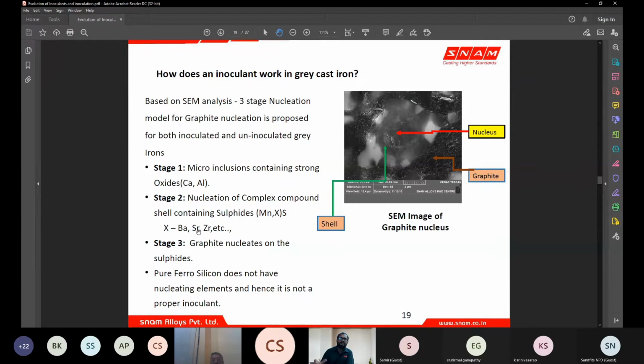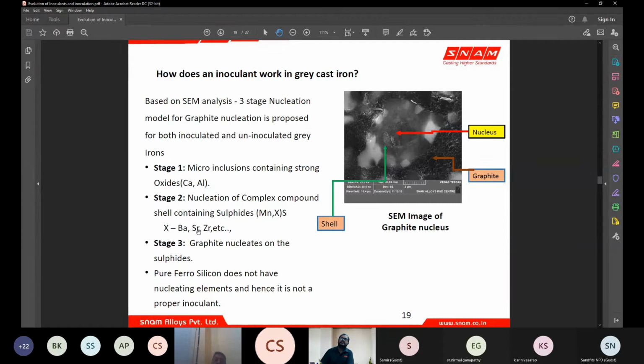This X depends on the requirements of the casting. It varies with casting to casting. Say this X, in a thin section, the requirement will be different. In a thick section, it will be a different requirement. And there are junctions where thin and thick sections meet, where hot spots come into picture. There it will be a different requirement. So this X is decided by the casting requirements, and you definitely need this X element. This X element can be from any of these elements which we see.